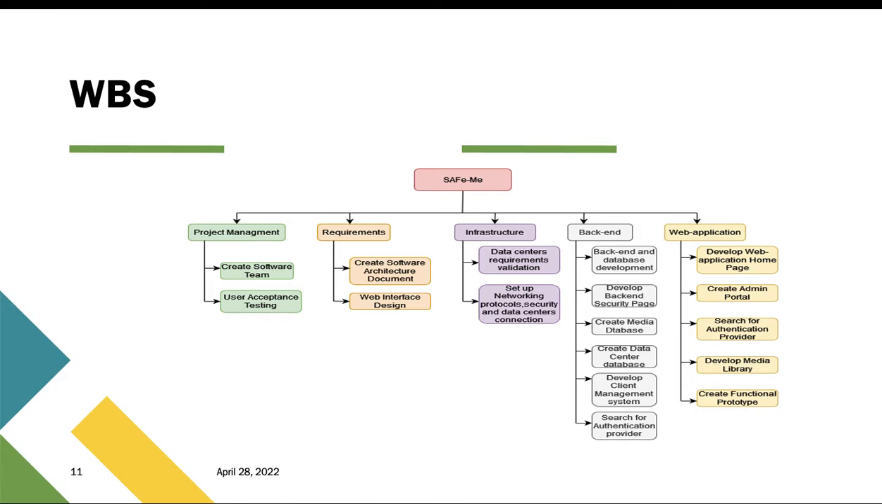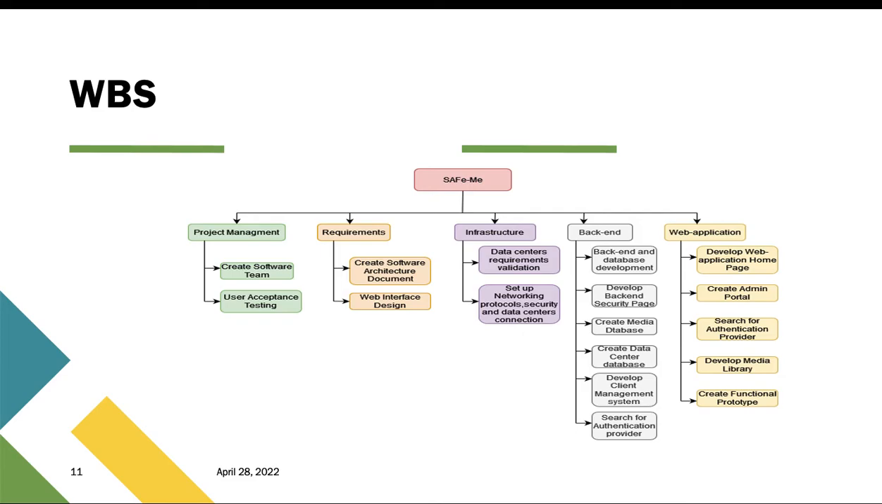So this is our work breakdown structure chart. We first have the project management section that contains the software that is responsible to create the software team and perform user acceptance testing. The section for requirement should create software architecture document and the web interface design. The infrastructure section should be responsible for data centers requirement validation and setting up network protocols, security, and data centers connection. And the backend section is responsible for the backend and database development, develop backend security page, create media database, create data centers database, develop client management system, search for authentication provider, and